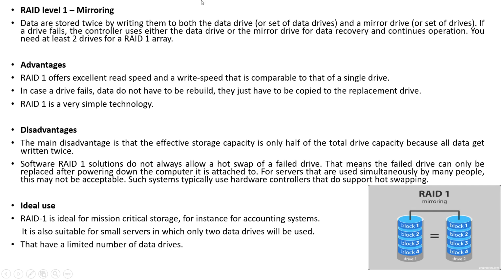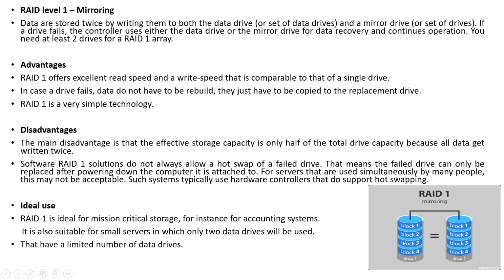For that, there is another system, RAID level 1. RAID level 1 will also have 2 or more drives in it. The difference is that the data is stored twice by writing it on both of the drives. Here, whatever data is in drive 1, the same data is in drive 2. Both are mirror images of each other. Here, if one of the drives fails, the data can be taken from the other drive.